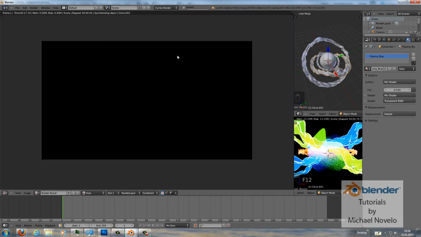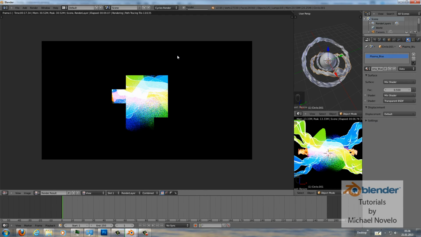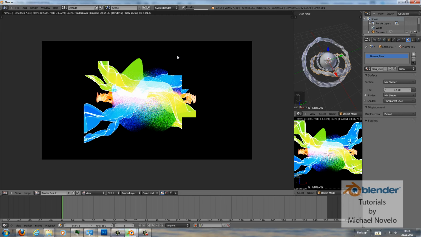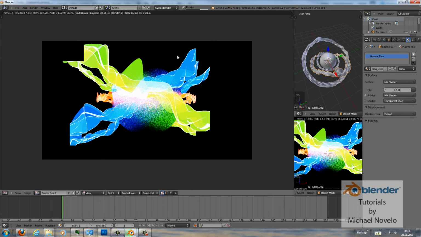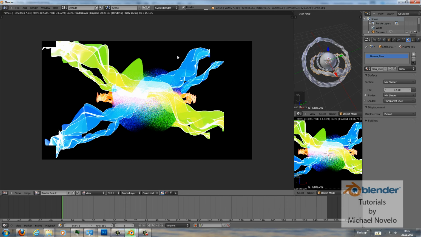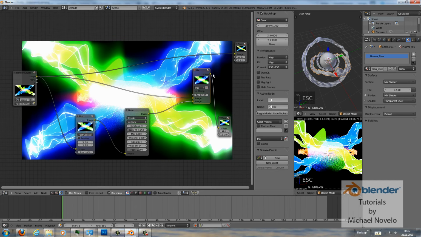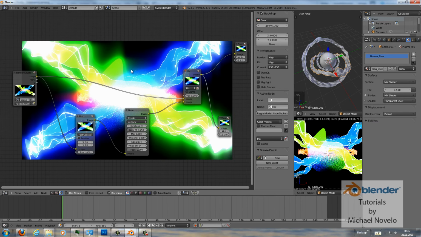So now let's try it again. Let's do a render and see what the result is. Okay, and now let's connect our mix node to the compositor, and as you can see, it's a really cool and nice effect. What we can do